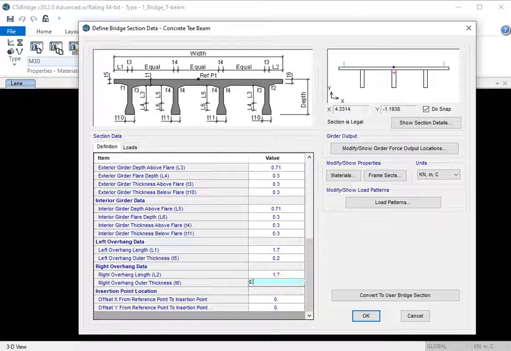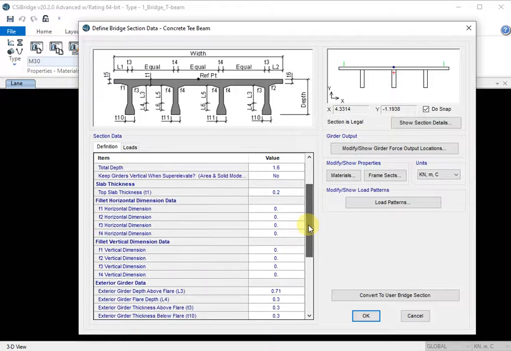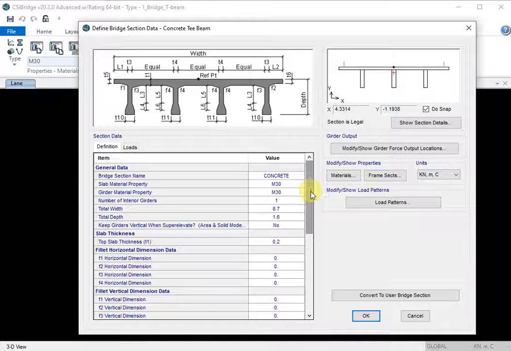You see the total is 8.7. You can cross check once again. The total is 8.7, so 8.7 minus 0.6 minus 0.6 is 7.5.